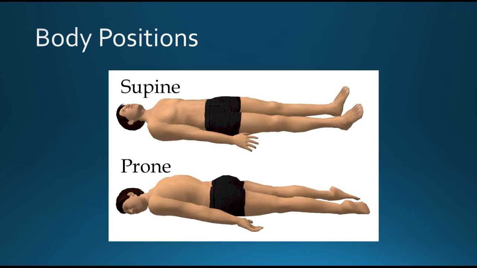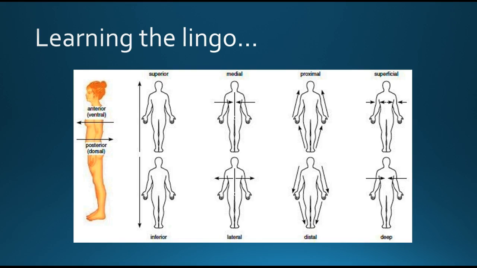Body positions, just remembering that when you're lying on your back, you're supine, and when you're lying on your front, you're prone. Now, we've been remembering that because it looks like you're prone to being unconscious at that point, so on your front is prone. Anterior is towards the front, posterior is towards the back, superior up the top, inferior is below, medial towards the midline, lateral away from the midline,